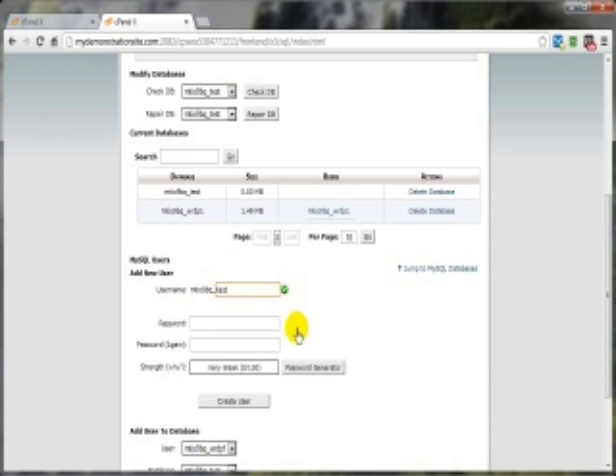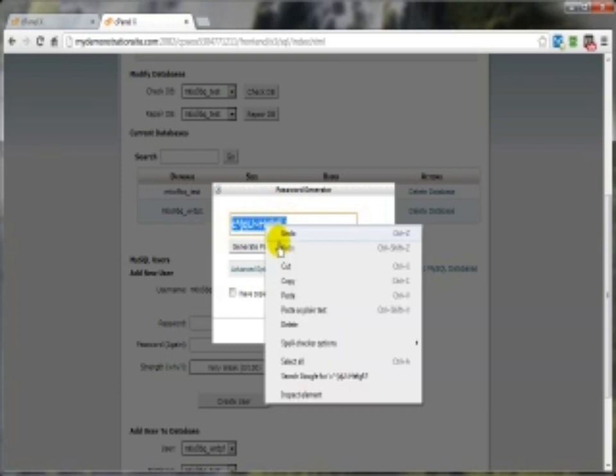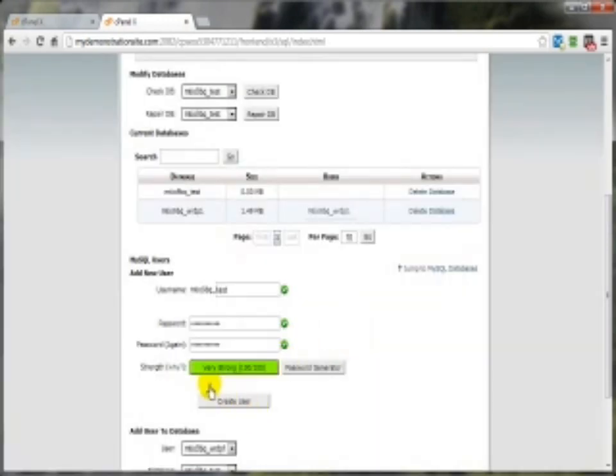And I always use the password generator to create a very strong password. So let's just click on that. And if I'm not happy with that one, which I don't know why I wouldn't be, then I can click on this to generate a new one until I was happy with a nice, hard to guess password. Copy that into my clipboard, check that box there, click on Use Password,